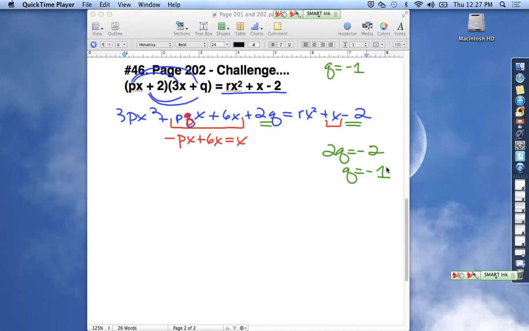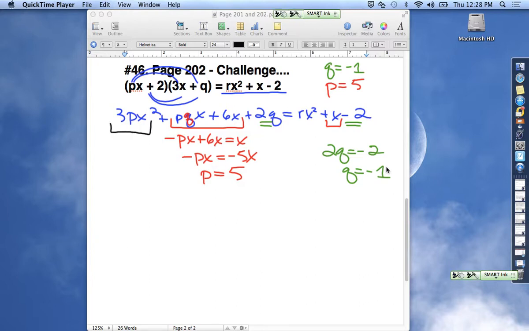There are several ways you can untangle this to get p. If I subtract 6x from both sides, I have negative px equaling negative 5x. If I divide out the x's, I have negative p equals negative 5, or p is positive 5. So p is positive 5. And then working my way over